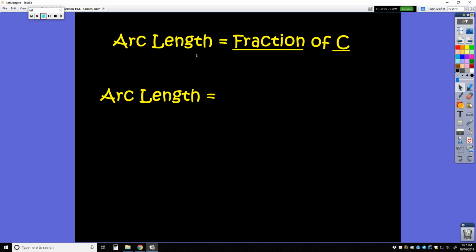So the formula for arc length, this is kind of the general idea, that we need a fraction of the circumference. And the circumference part,